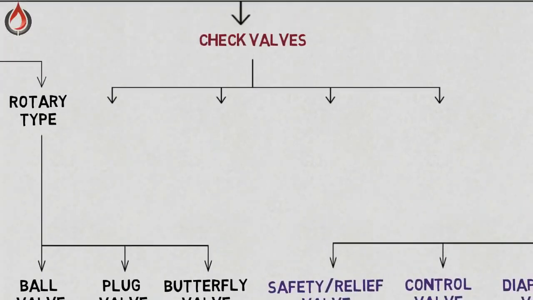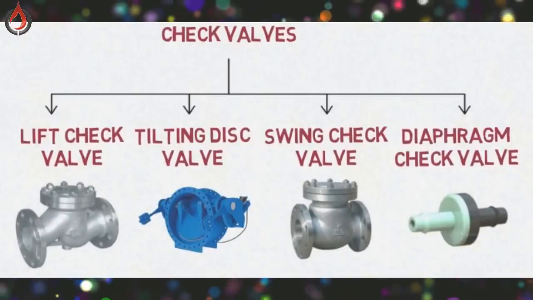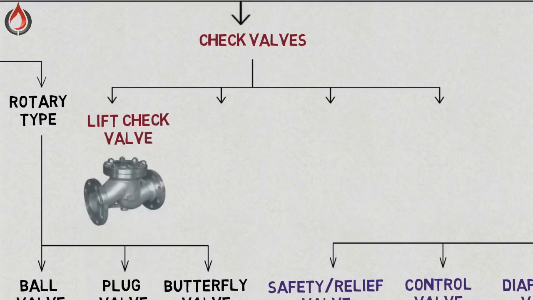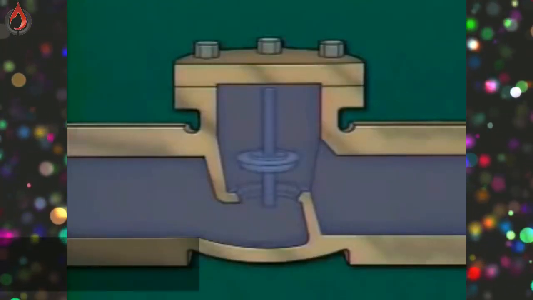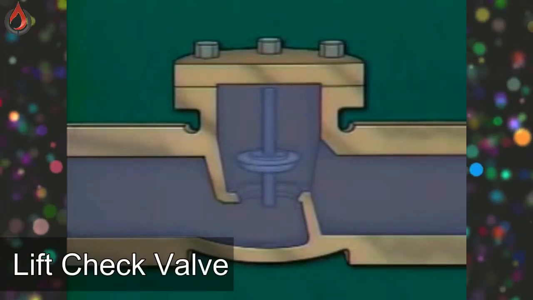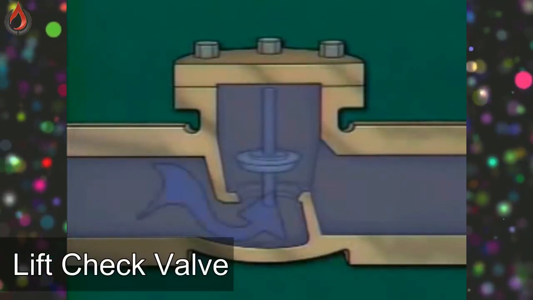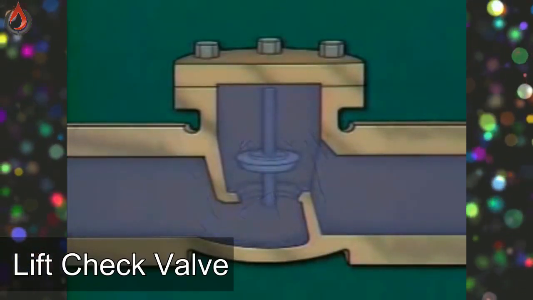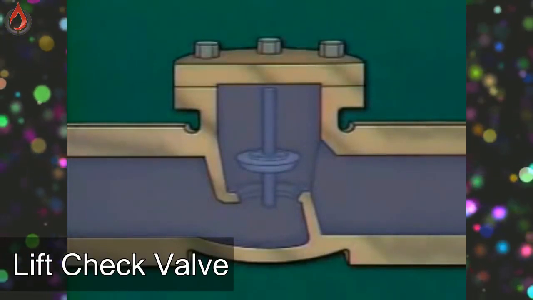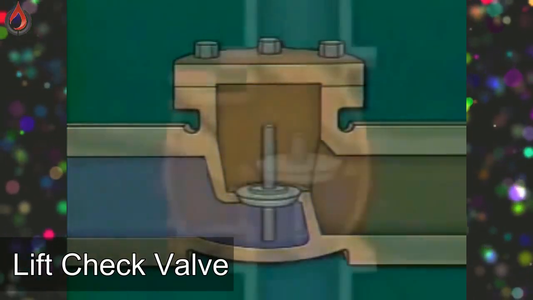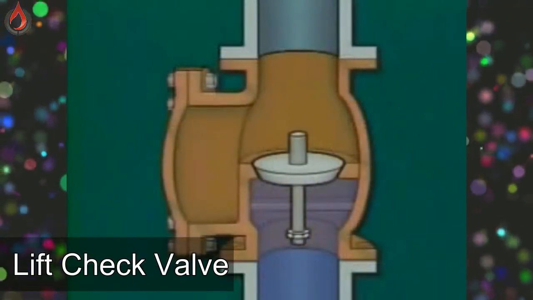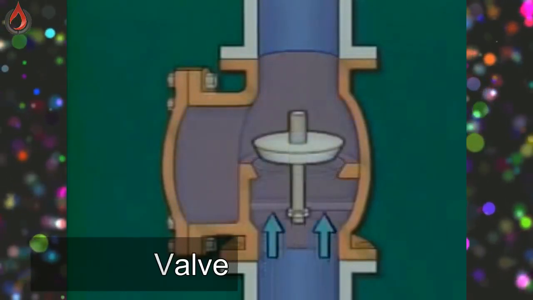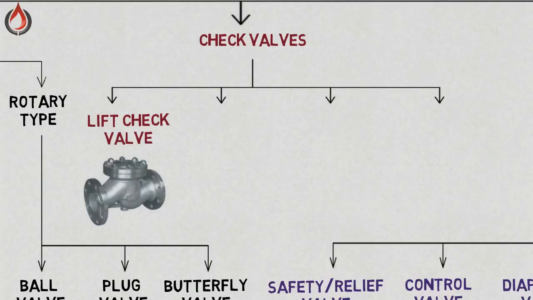Let's come to the check valves. Check valves prevent the reversal of flow in the piping system. Lift check valve. The seat design of the valve is similar to a globe valve. The disc is usually in the form of a piston or a ball. Lift check valves are particularly suitable for high pressure service where velocity of flow is high. The disc is precisely guided and fits perfectly into the dashpot. It is suitable for installation in horizontal or vertical pipeline with upward flow.